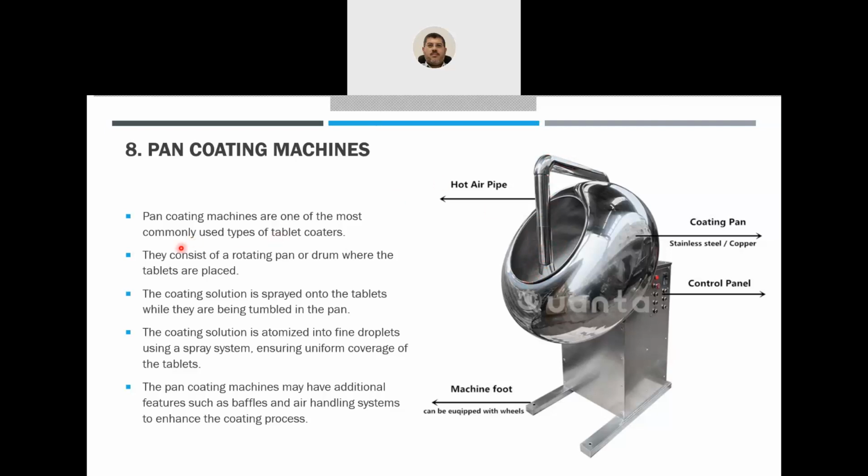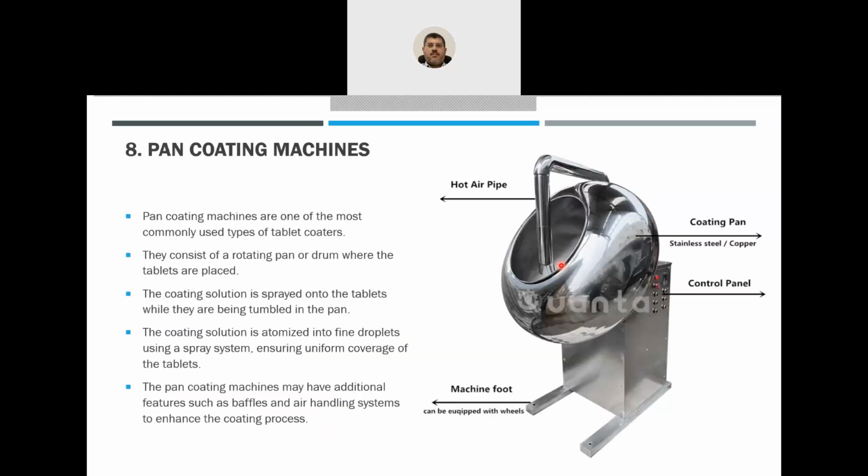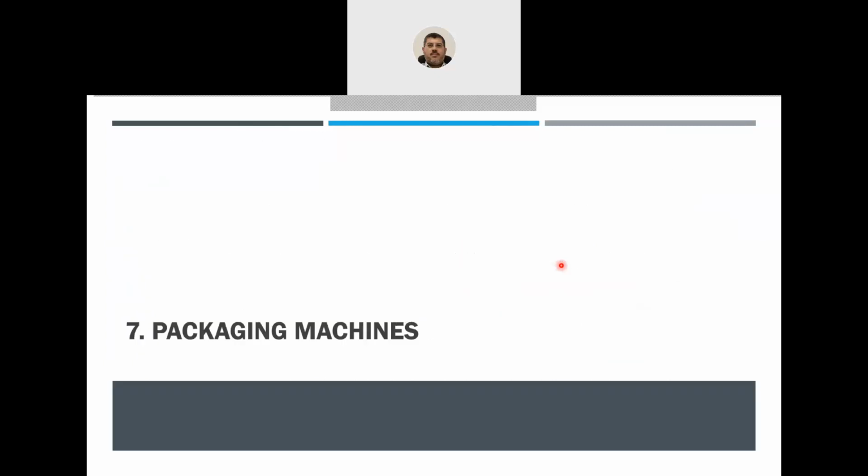Okay, so they consist of a rotating pan, or we call it a rotating drum. We put the tablets inside, and the coating solution is sprayed onto the tablets while they are being tumbled in the pan. The coating solution is atomized into fine droplets using a spray system, ensuring uniform coverage of the tablets. The pan coating machines may have additional features such as baffles and air handling systems to enhance the coating process. They may have baffles inside to help the tumbling of the tablets. Okay, so after